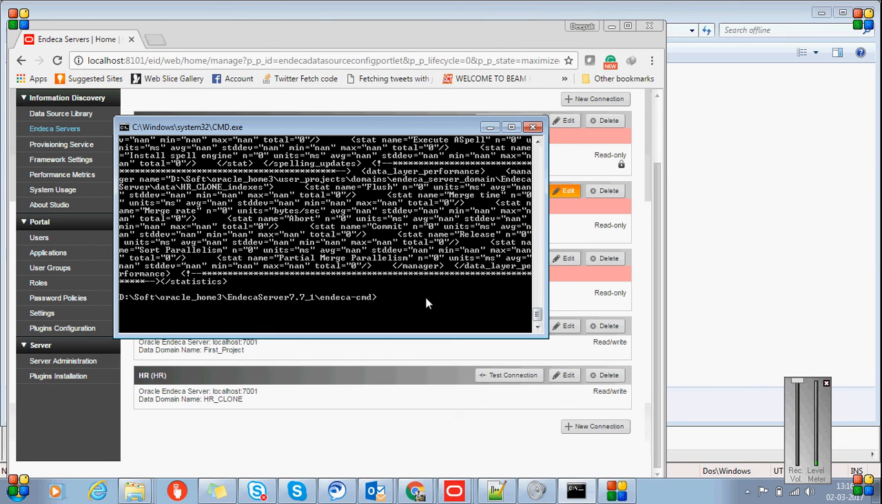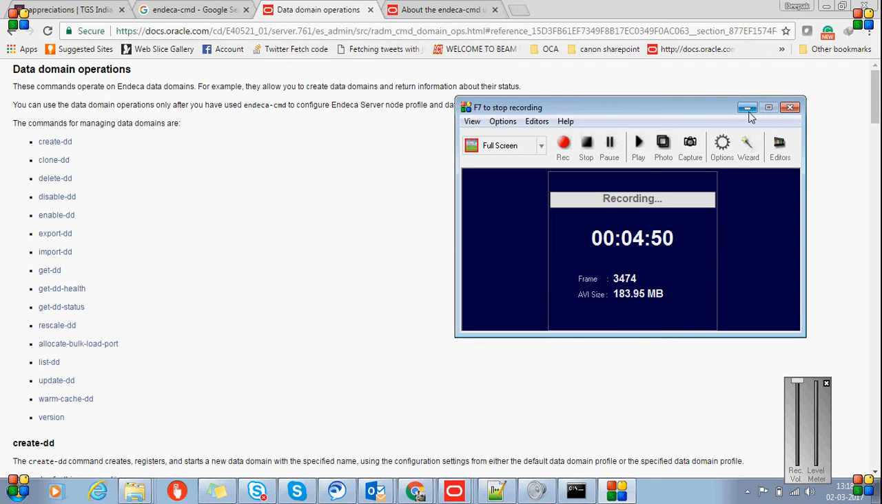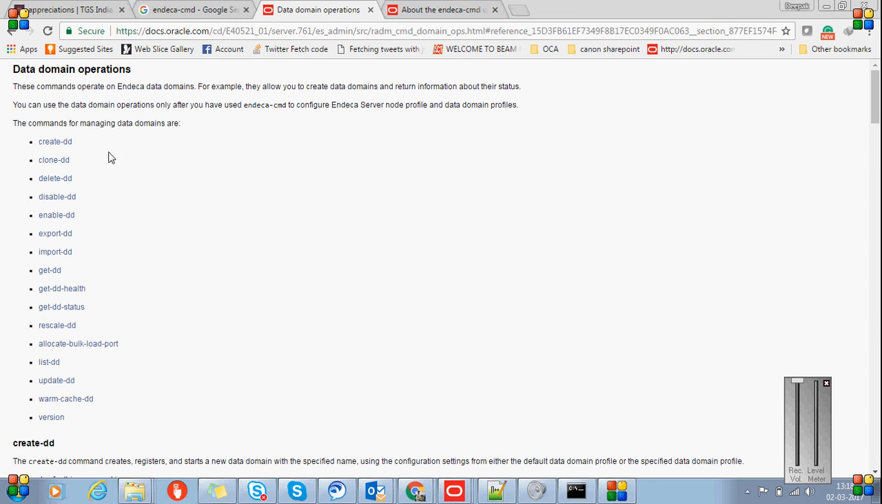Now, so we have seen almost all the commands. We have seen all the important commands: create data domain, delete data domain, enable data domain, disable data domain, how to take the